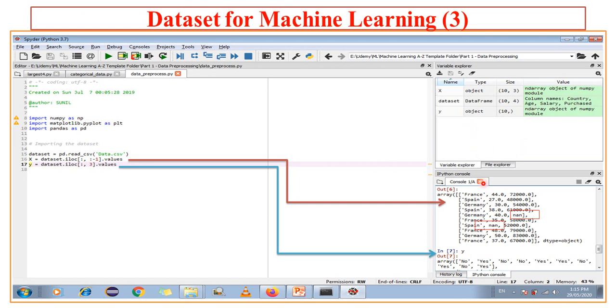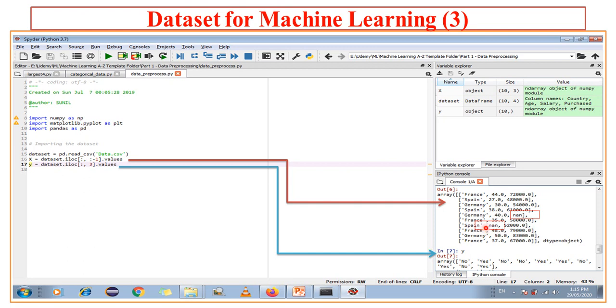Now to display this information, go to the IPython console of the Spyder IDE and just type x. So you'll get a list of all independent variables. For example, in our independent variable x, we have three things. First attribute feature is country, next is age, and third one is salary.